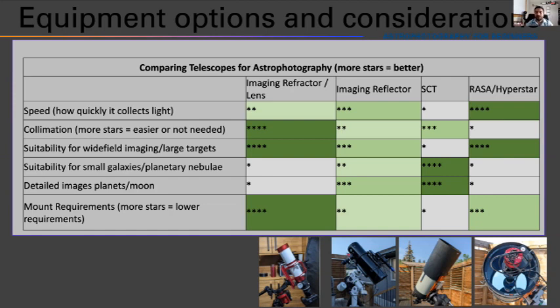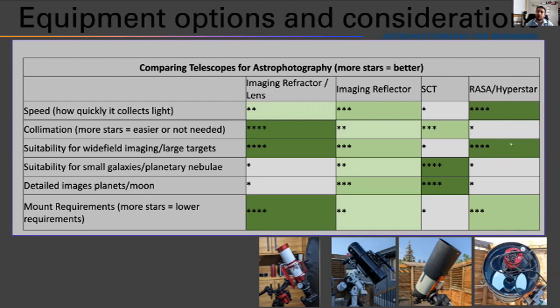And an 11-inch RASA will have a similar focal length. So at that focal length, they're not very demanding on tracking at all, but you still have to make sure that the mount is capable of carrying the weight. My C11 with the Hyperstar on there is getting pretty close to the maximum limit of what an EQ6R can carry, which is 44 pounds. But it's still more than adequate just because of how short the focal length is.